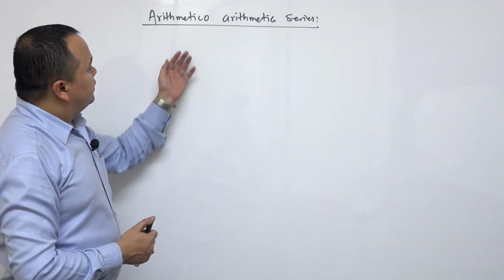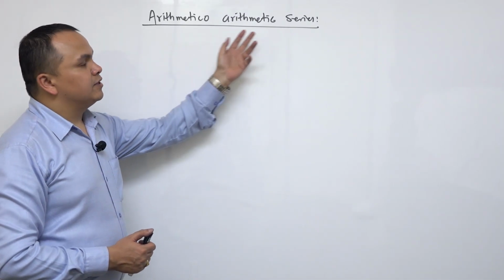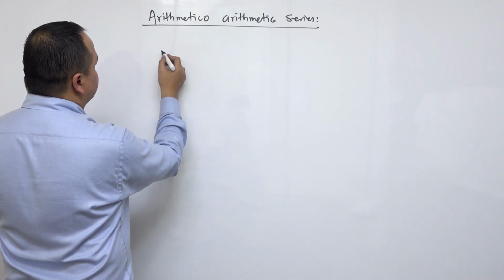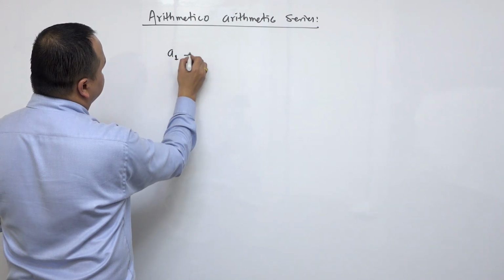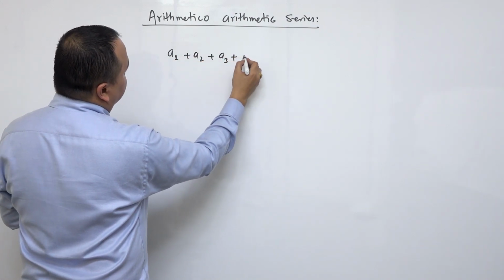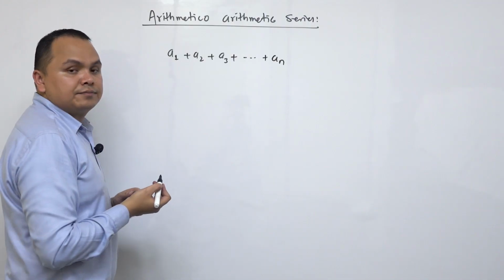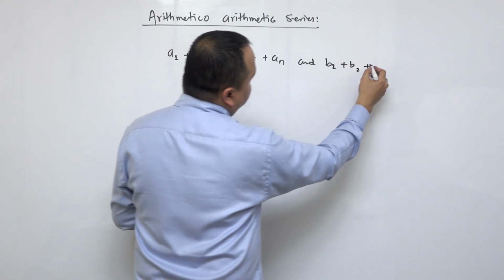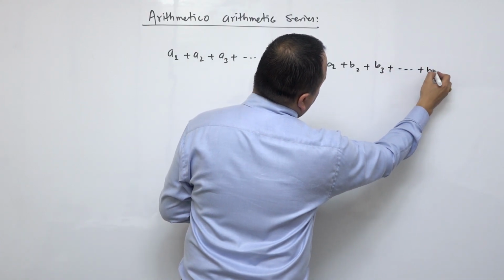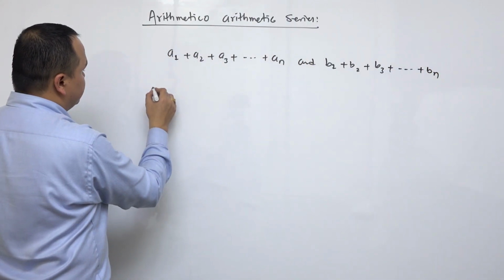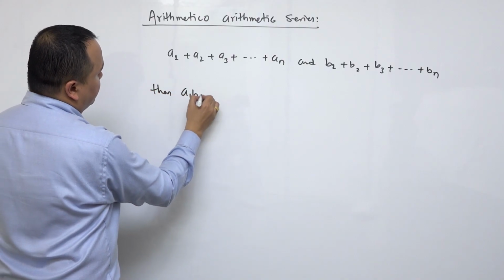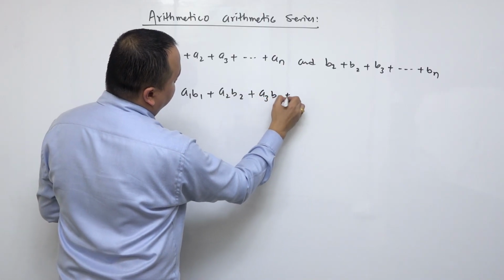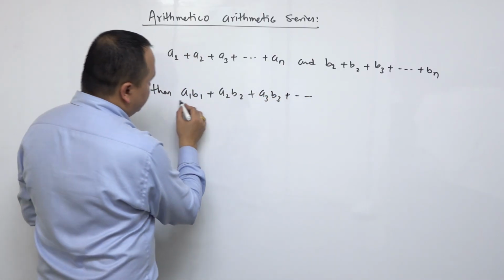Okay, here is another series, the arithmetic series. If we take two arithmetic series like A1, A2, A3, up to An, and B1, B2, B3, up to Bn, then A1 B1, A2 B2, A3 B3 plus and so on, which is